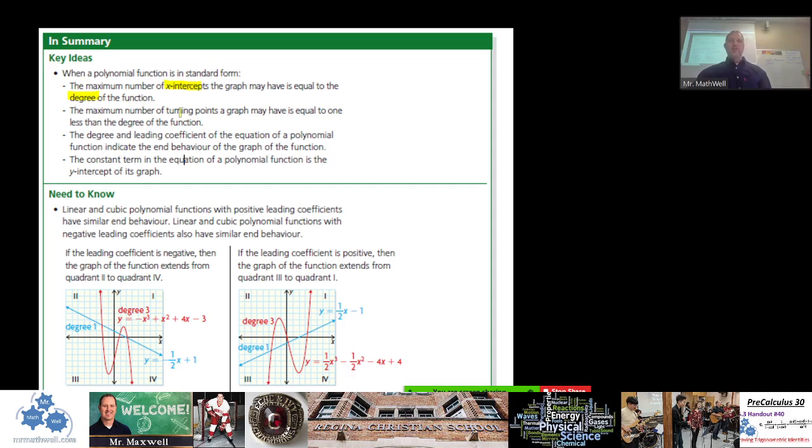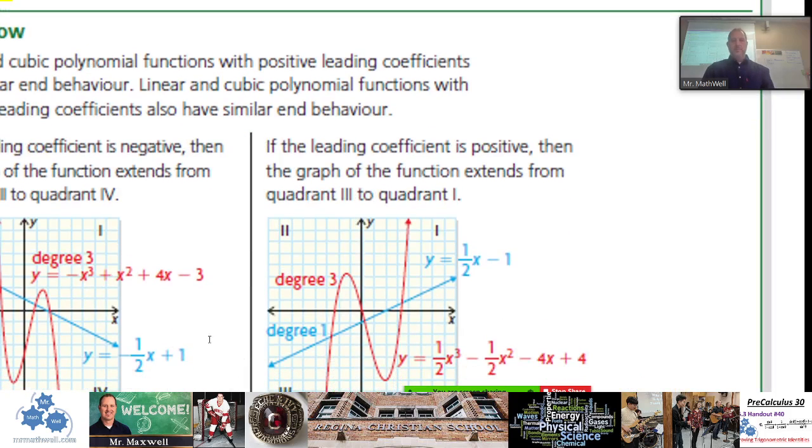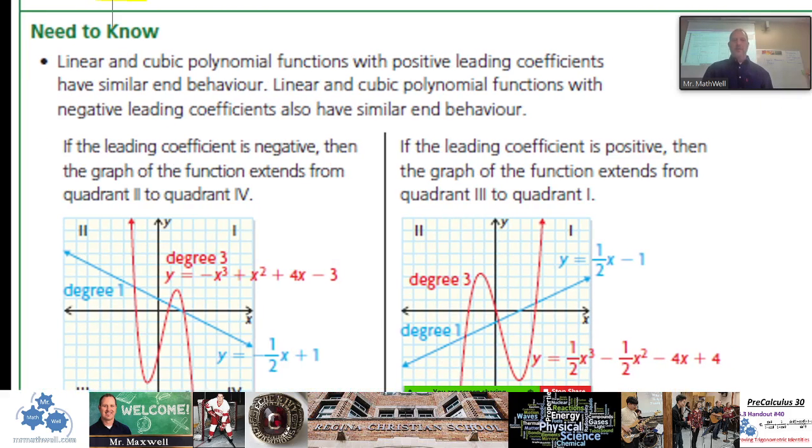The maximum number of turning points is equal to 1 less than the degree. The degree and the leading coefficient indicate the end behavior. So that's important to know, whether a is positive or negative. And the constant term is always the y-intercept, so you know that. Okay? Some things you might need to know, and I won't spend too much time on this if you've read this, but